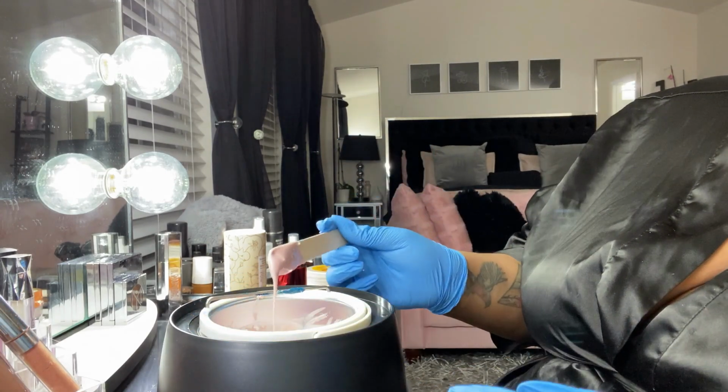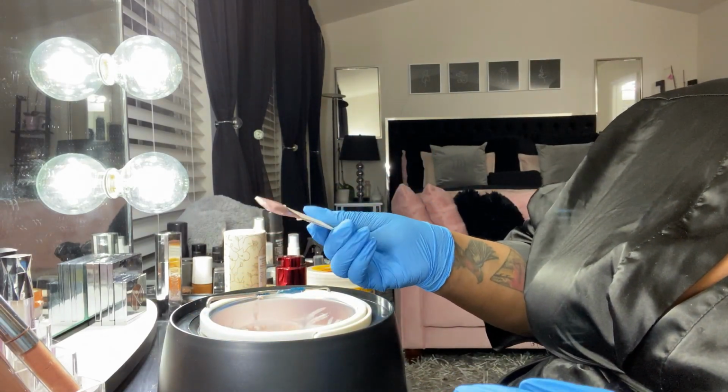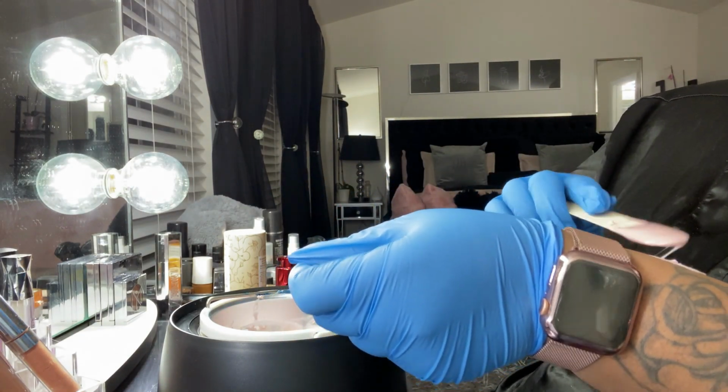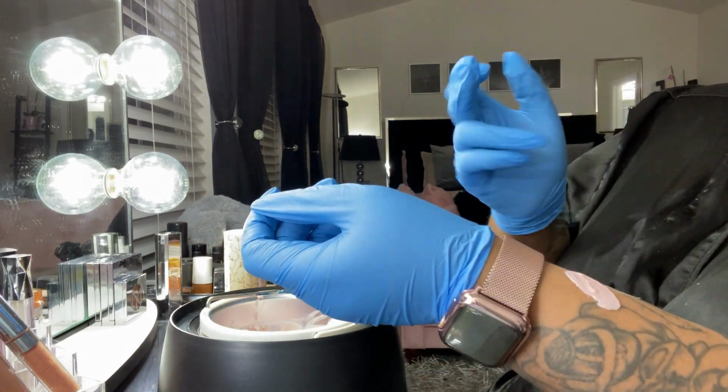So what I like to do is do a test strip on my hand and see how hot it is on my arm, because I can't really feel my hand. But I'm just going to put it there, and it is a perfect temperature actually. I should actually do my arm. So, stirring. I did realize when I first started I was making the wax strips too thick, and I still might. I mean, it's only my third time waxing anything, so just going to